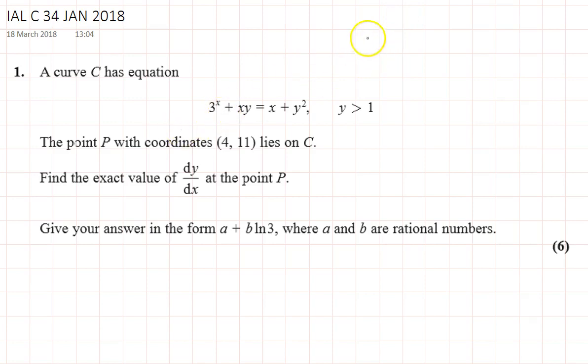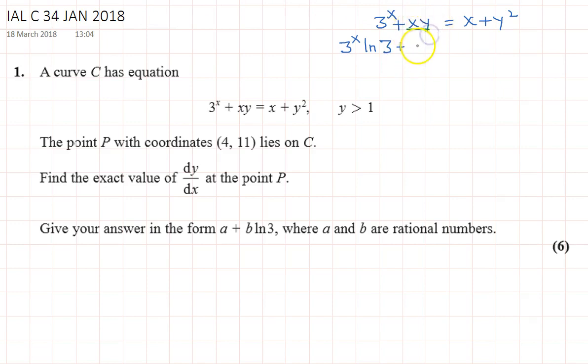So we differentiate this. 3 to the power x plus xy is equal to x plus y square. Differential of a to the power x is a to the power x ln a, so that is 3 to the power x ln 3, plus